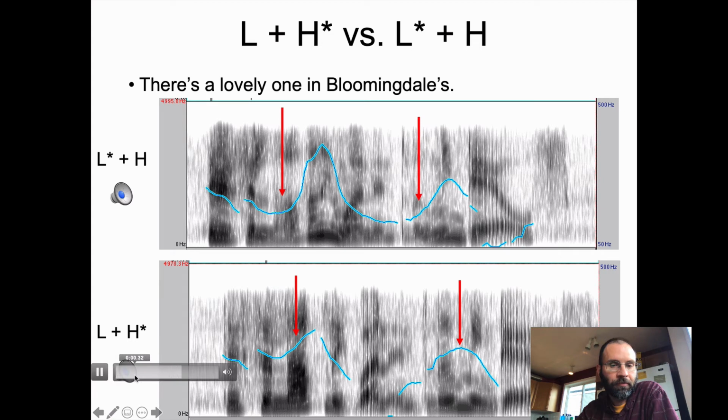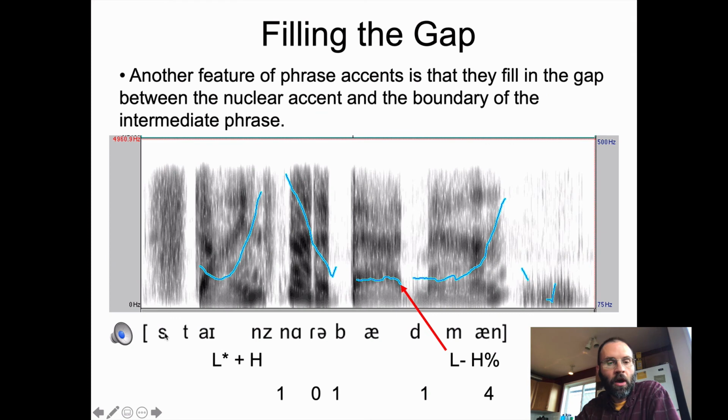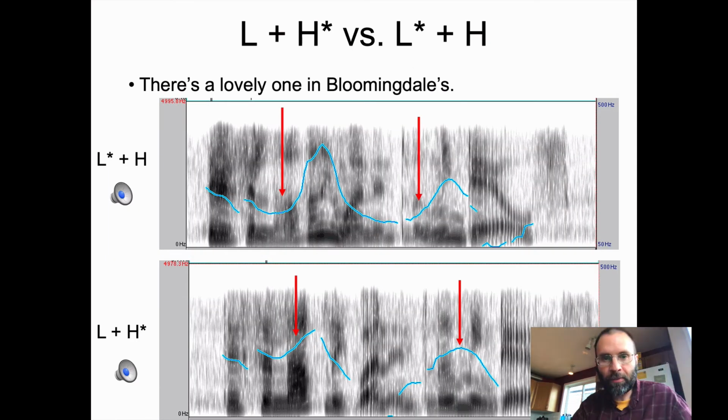There's a lovely one in Bloomingdale's. Still a sharp rise, so we're getting this kind of L plus H star combo, but the H star is what aligns with the stressed syllables. Okay, so this is tricky, but we'll try to practice it and just give it your best shot. Kind of the most important part of this is that you understand why you'd use the different transcriptions in different scenarios. Again, the important part of the starred elements is they are the ones that are aligning with the stressed